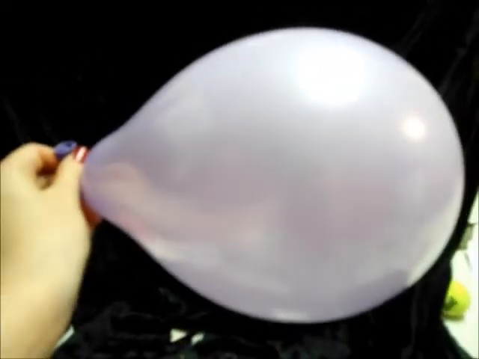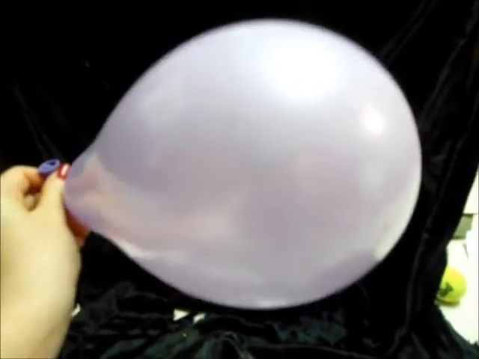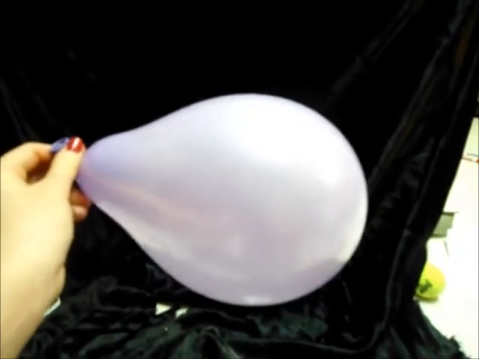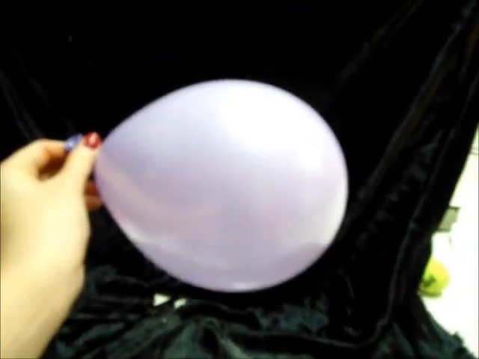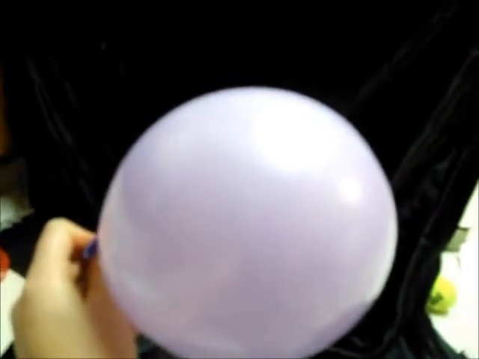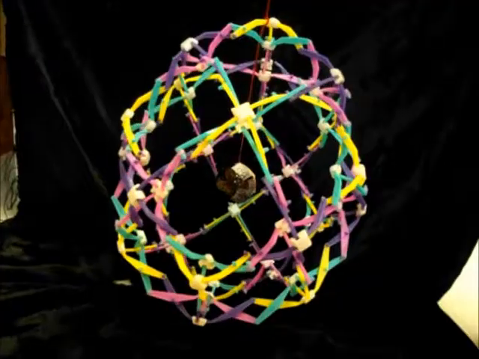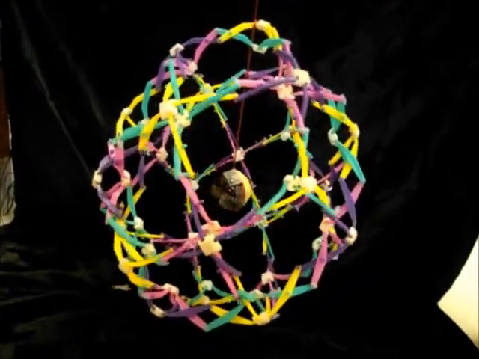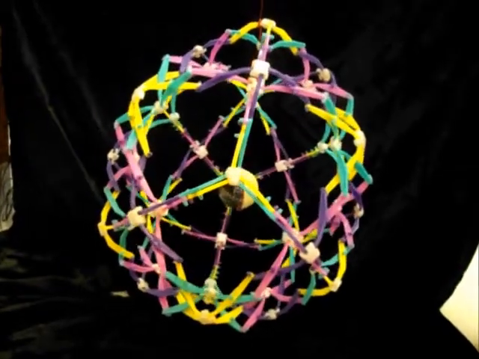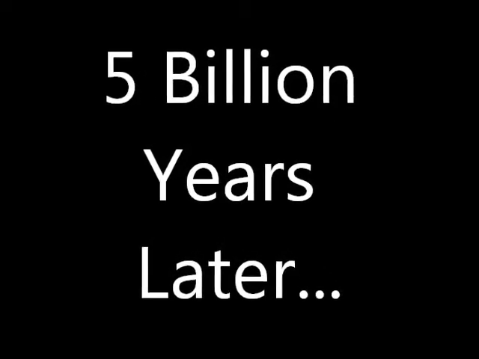Once nuclear fusion is taking place, the energy is pushing out, while gravity is pulling in at the same strength. This equilibrium keeps the star the same size as long as there is hydrogen to fuse to helium. Right now, only about 5% of hydrogen in our Sun is converted into helium. 5 billion years later,